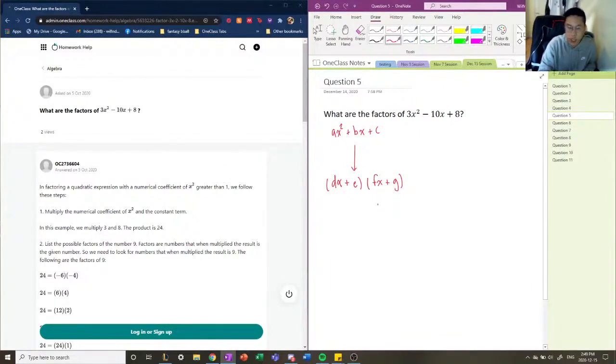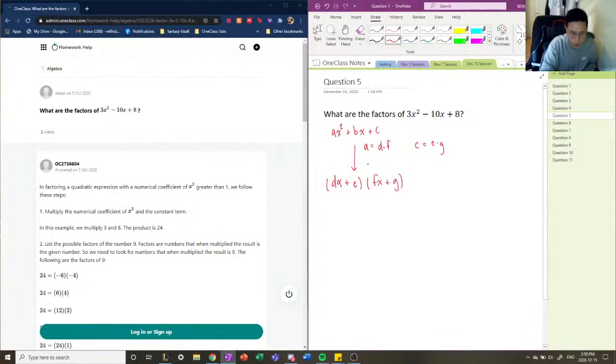Okay, so the trick with this is that our coefficients d, e, f, and g relate to a, b, and c somehow. This is the correlation between them. So coefficient a equals d times f. So d and f are factors of a, actually. For c, the factors are e and g. And for the middle term, b is equal to